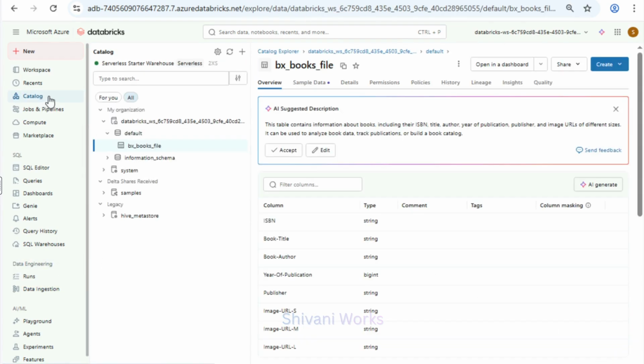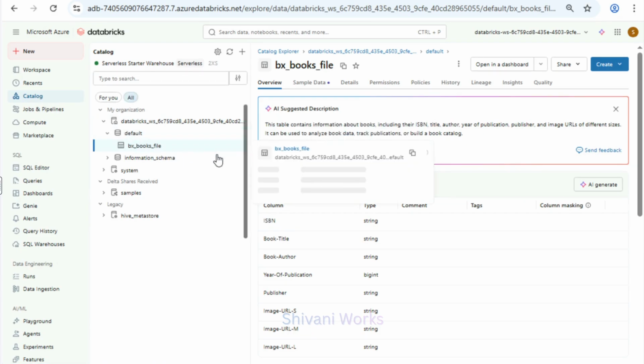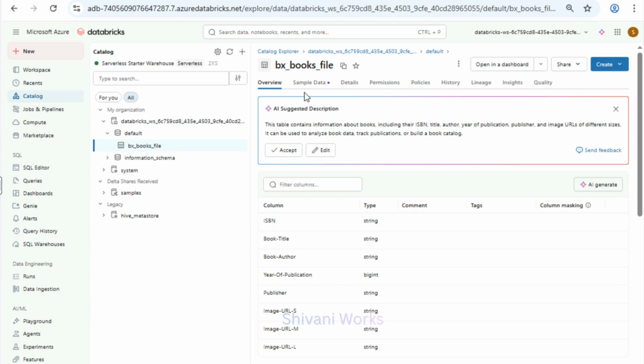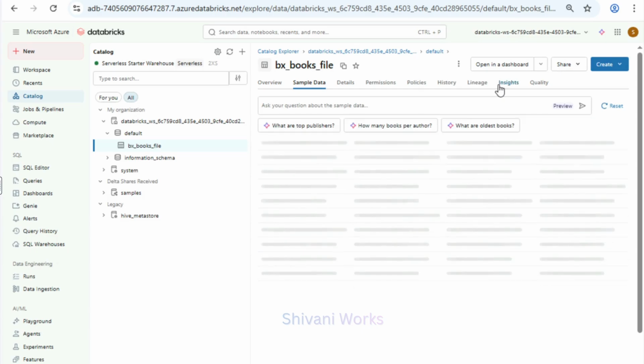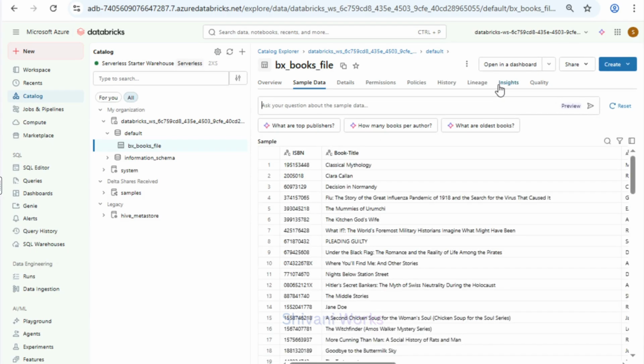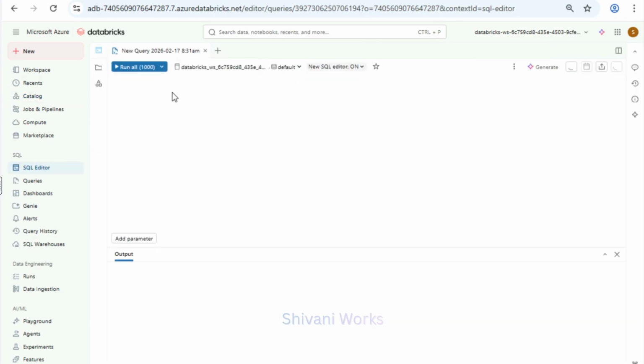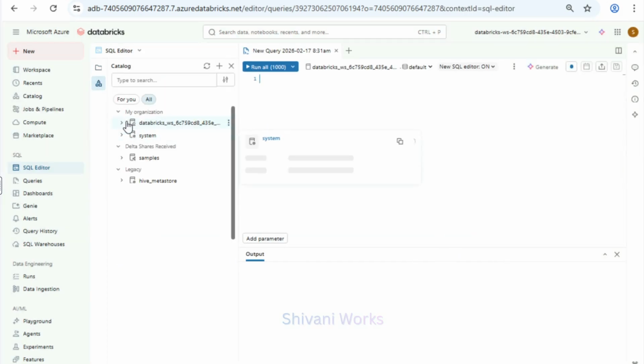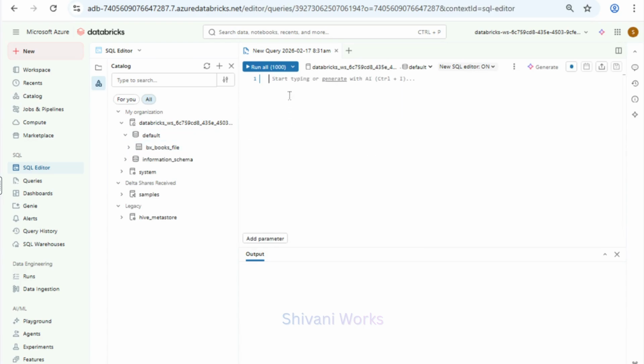If not redirected automatically, I navigate to Catalog section from the left panel. Then I locate the selected catalog and schema, open the newly created table and review the Overview tab to inspect metadata and schema details. At this point, the local CSV file has been successfully ingested and registered as managed table